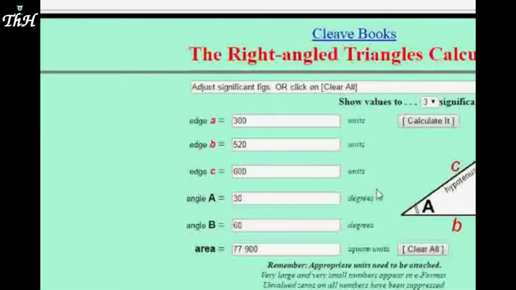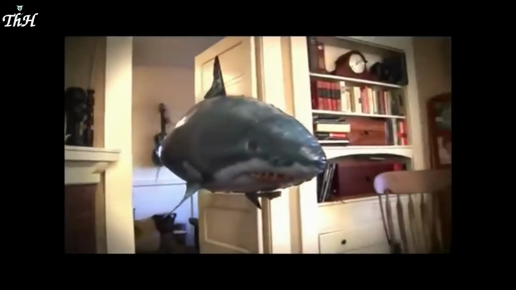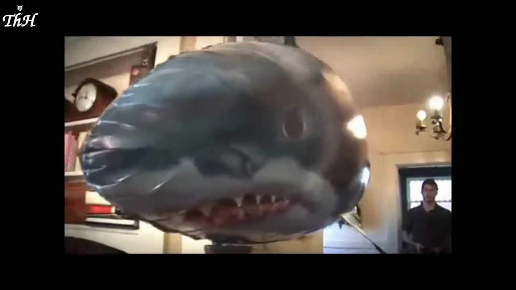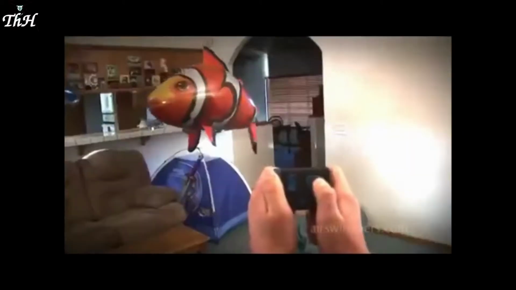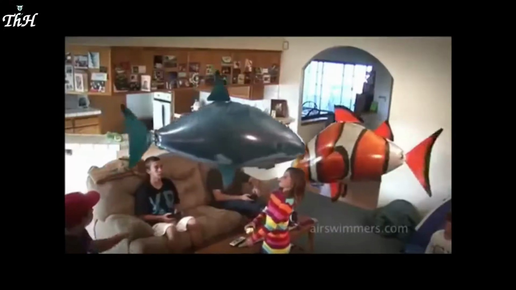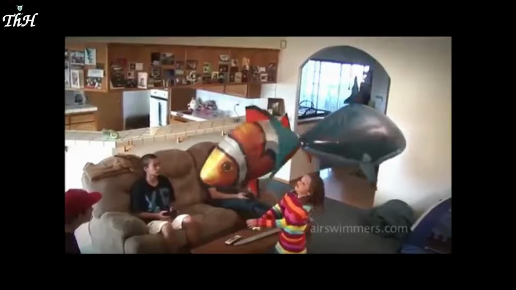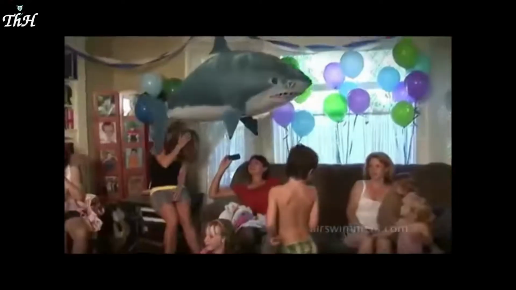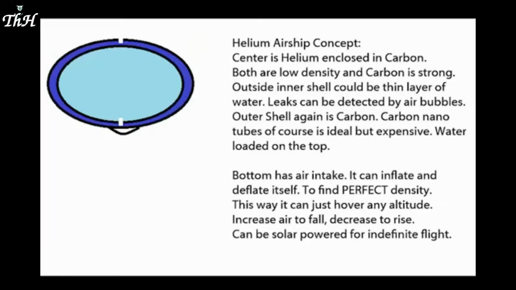Look at this company, Air Swimmers, for example. They make these balloons that look like flying fish, and they just hover in the sky. How do they do it? Well, you find the perfect buoyant balance to the fish by adding and removing putty, and then you can get it to suspend in midair like a cloud, and then you propel it with its fin. Any balloon can be made to hover mid-air if the correct balance is found. This is most likely one method on how airships can find balance. For example, if you had an air intake, you could probably find the perfect balance to keep the balloon stable